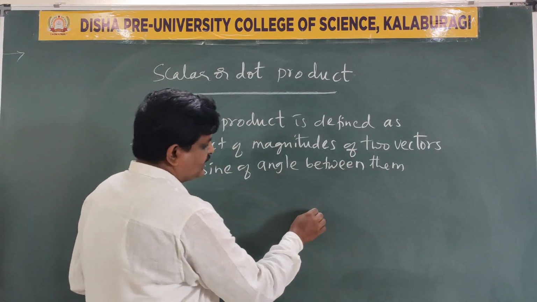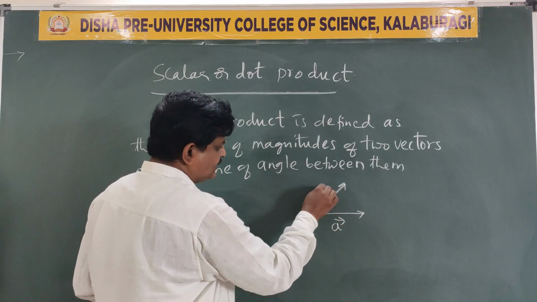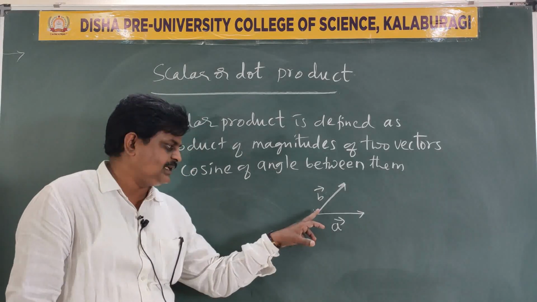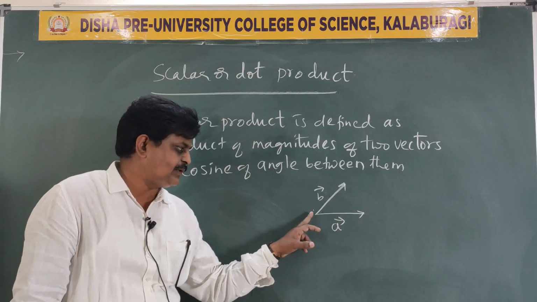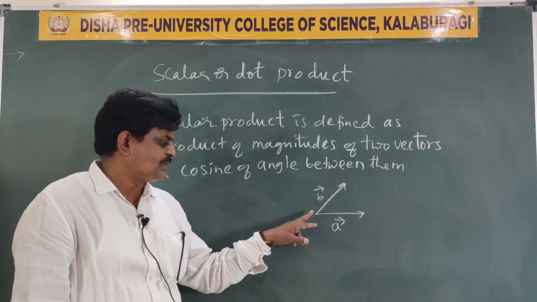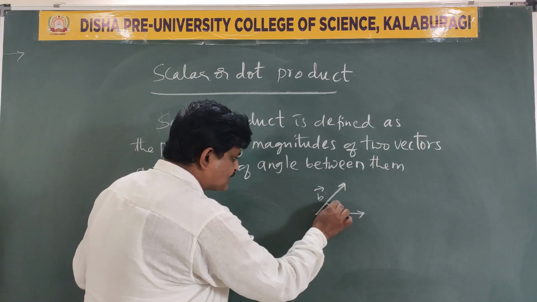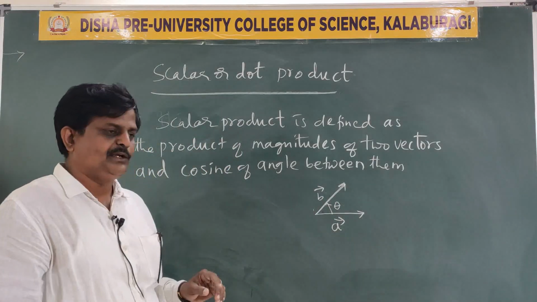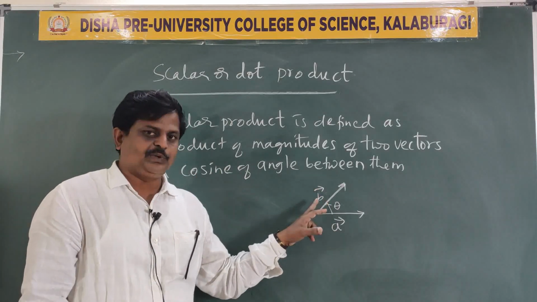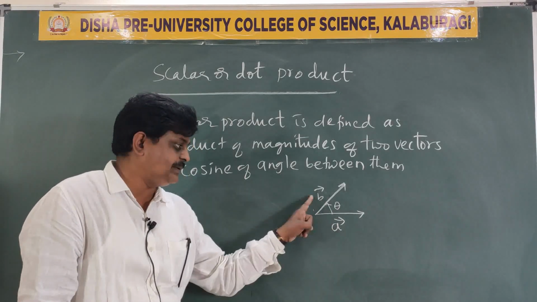See this. If you have two vectors, one is the A vector, other one is the B vector. Just see. The angle must always be defined at the point where the two tails of the two vectors join. Remember. So here the angle between the vectors is defined from A to B. Let us call this theta. When you are finding the dot product from A to B, the angle between the vectors is going to be theta.